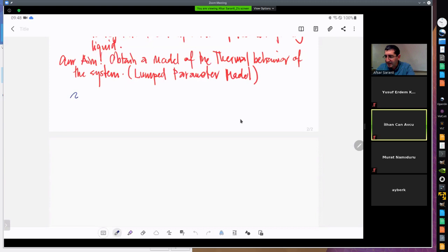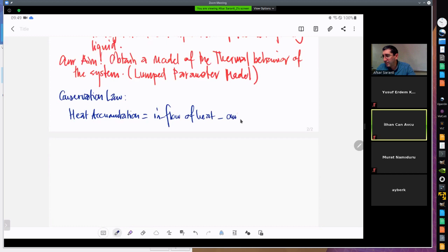Now we will basically say the main conservation law is effectively that heat accumulation in the system has to be equal to the difference of the inflow of heat energy minus the outflow